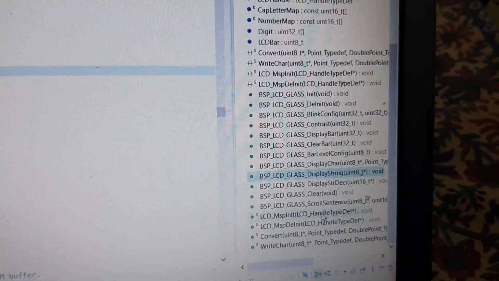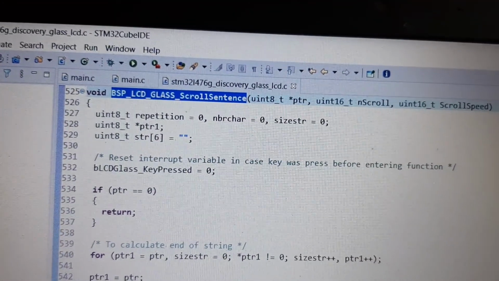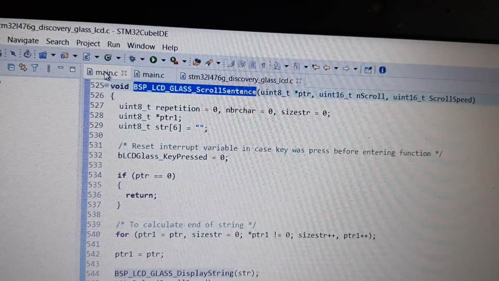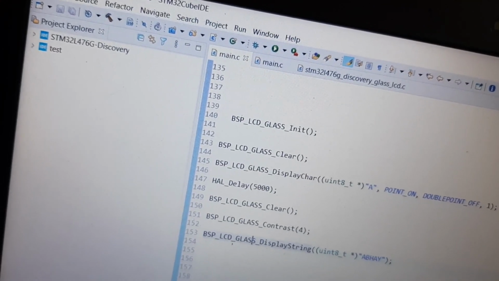There is another, the BSP glass scroll sentence. If you want to use glass scroll sentence, I will just copy the syntax.